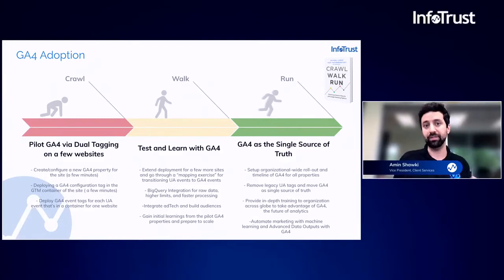Dual tag, have it side by side with your current measurement platform, and roll it out iteratively in a way that works for your business. What we recommend is configuring GA4 for a few websites, maybe for your mobile applications, especially if they're using Firebase Analytics, because that powers GA4 for the mobile app side. Deploy that, test and learn, use consent mode, try the consent mode beta,